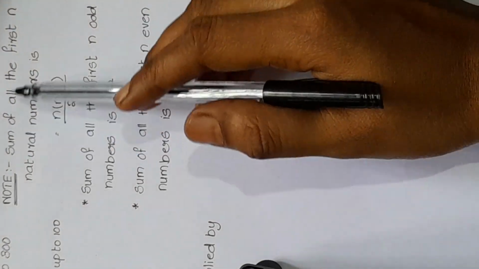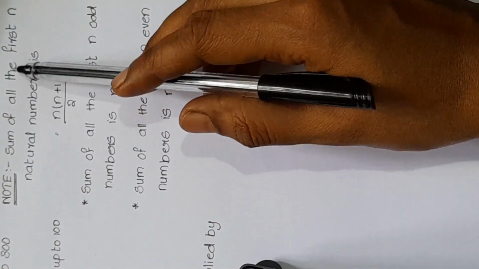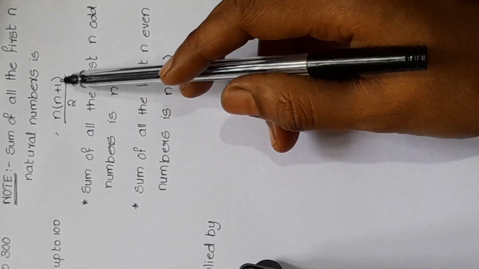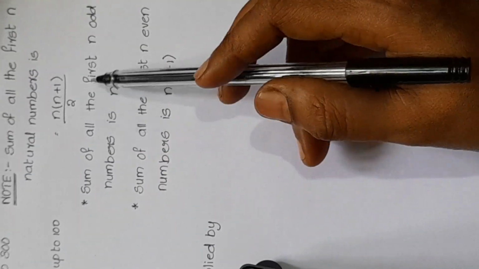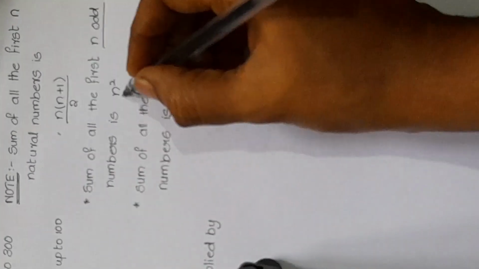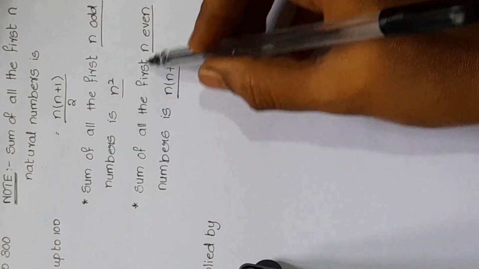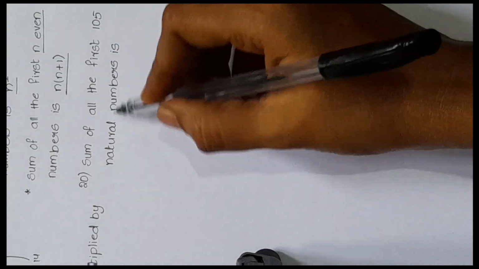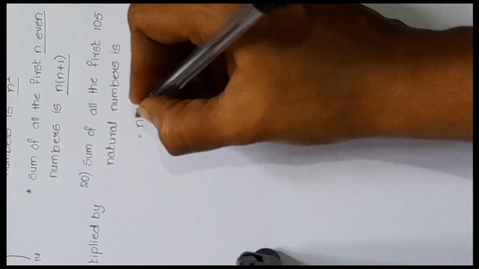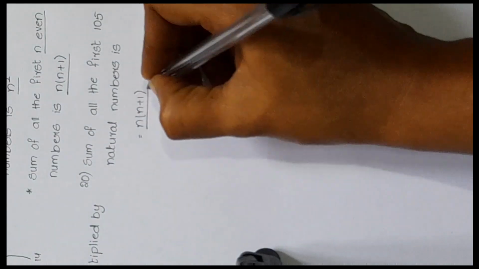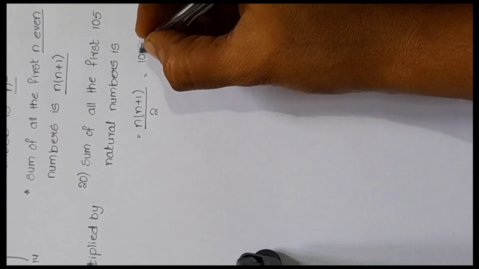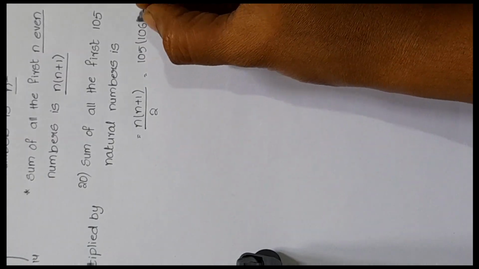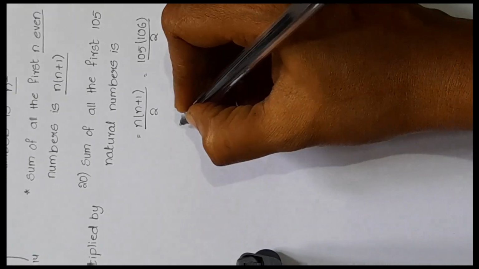Let us see some formulas based on the sum of the numbers. Sum of all the first n natural numbers is n into n plus 1 by 2. Sum of all the first n odd numbers is n square. Sum of all the first n even numbers is n into n plus 1. Sum of all the first 105 natural numbers is, according to the formula, n into n plus 1 by 2. Here n value is 105. So 105 into 106 by 2. On cancellation, we get